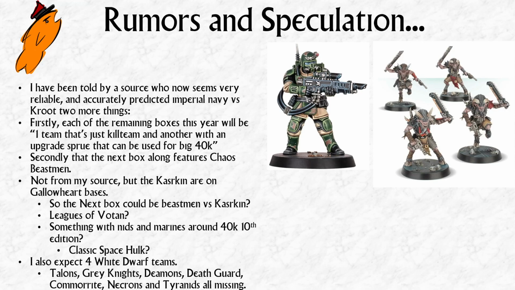But I also think we're going to get 4 White Dwarf teams this year. Because I think we're going to get 4 White Dwarf teams every year. You know, because we got 4 for this year, right? We got the Thousand Suns, the Harlequins, the Adeptus Mechanicus, and the Gene Stealer Cult, right? So we've got Talons of the Emperor, Grey Knights, Demons, Death Guard, Commorites, Necrons, and Tyranids, as of yet missing